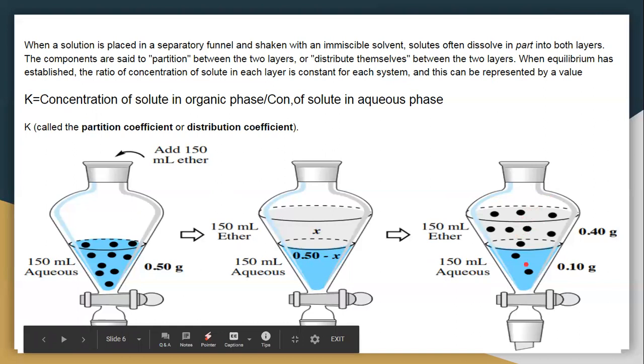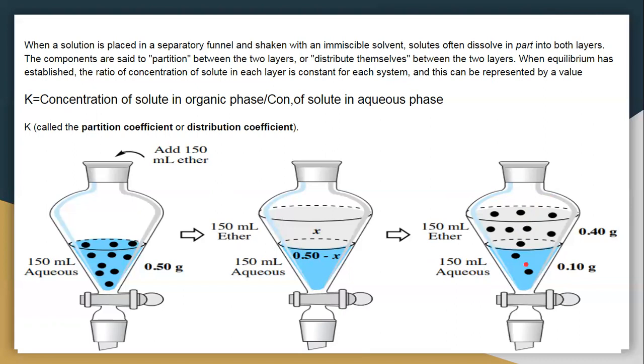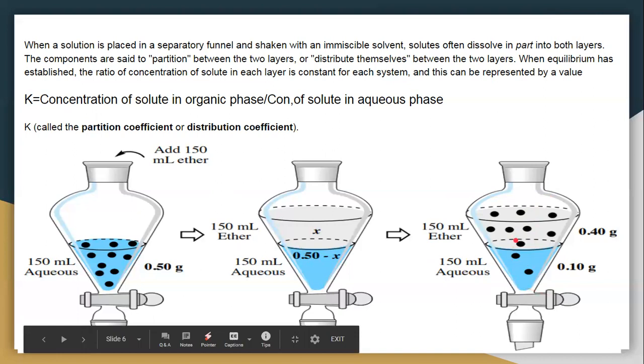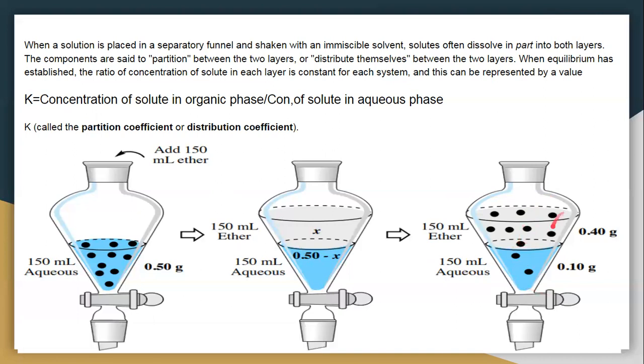As we know, water's boiling point is 100, whereas the organic solvent's boiling point is less. So we separate these two solutions, and then this organic solution is subjected to fractional distillation. What is fractional distillation? Heating followed by cooling. The boiling point of ether is less than room temperature, so on heating it will evaporate. When this ether is evaporated, we cool down those fumes and again collect the ether. Thereby we have separated and taken out the solute.